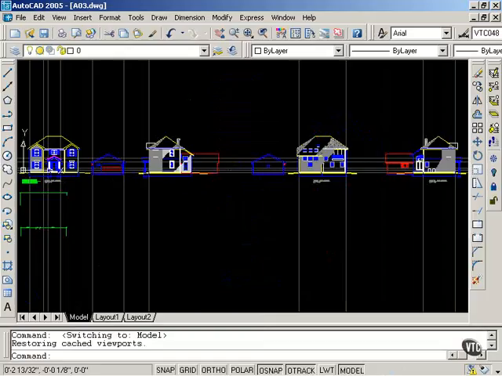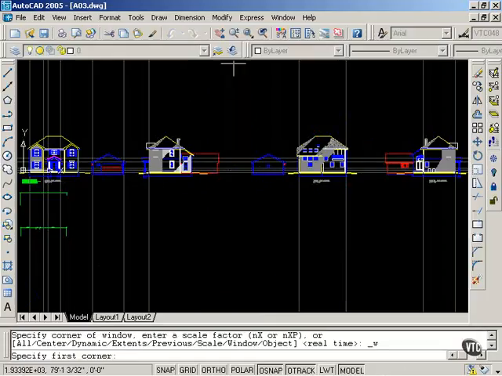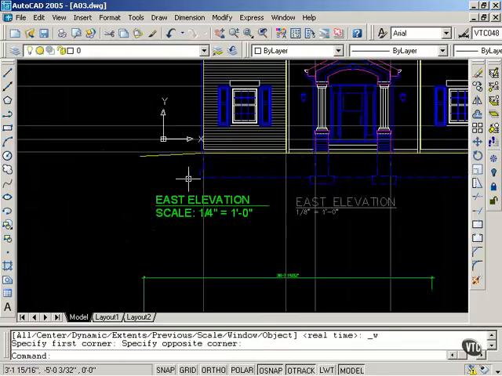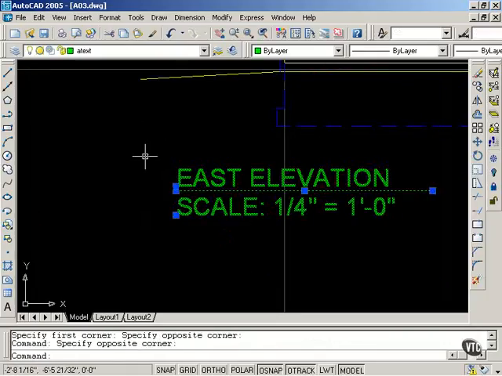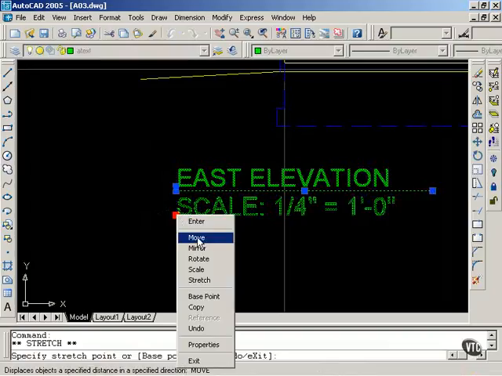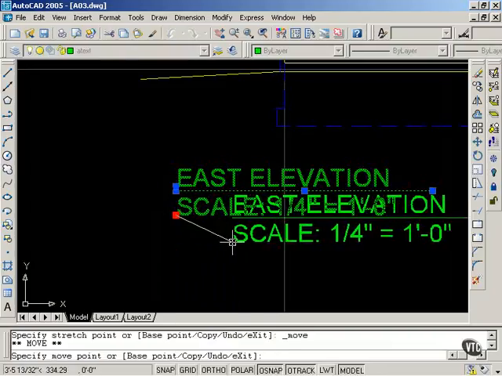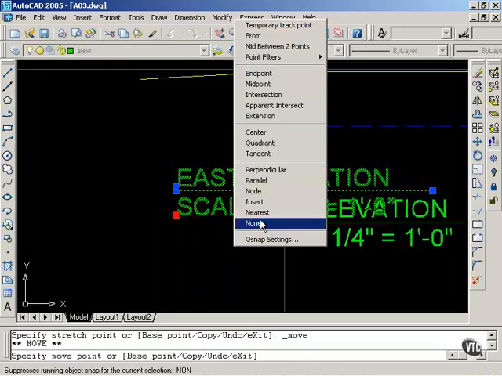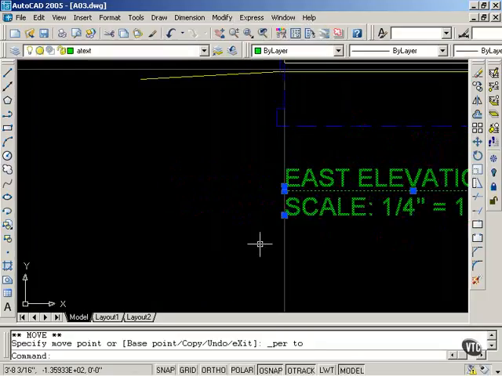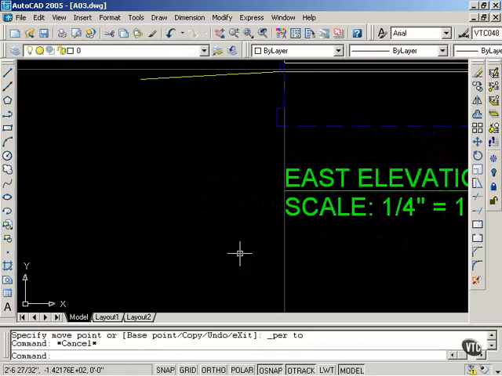I will now switch to Model and zoom in to this location, maybe zoom in a bit closer. I'd like to move the text and the lines, so I'm going to use an implied crossing window, gripping the bottom text, right-clicking, selecting Move, and holding down the Shift key, right-clicking, and selecting the perpendicular OSnap, perpendicular to that line. Tapping the Escape key once, and now going back to